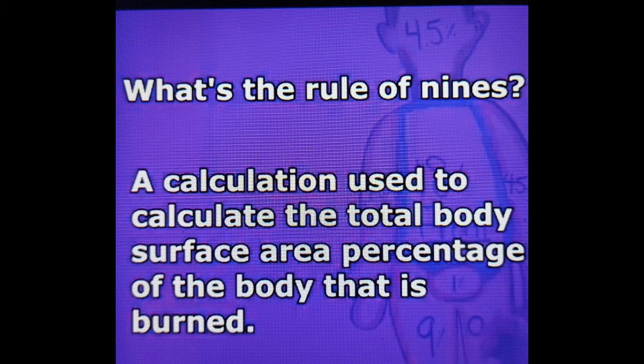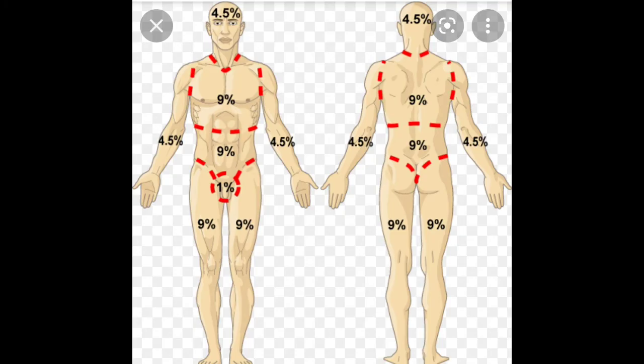That means it is a quick method to calculate how much body surface area is burnt when a person comes to the clinic with a complaint of burn. First of all, we have to calculate the percentage of the body surface area that is burnt, whether partial thickness burns, third degree burn or first degree burn. We have to calculate it according to this rule of 9.